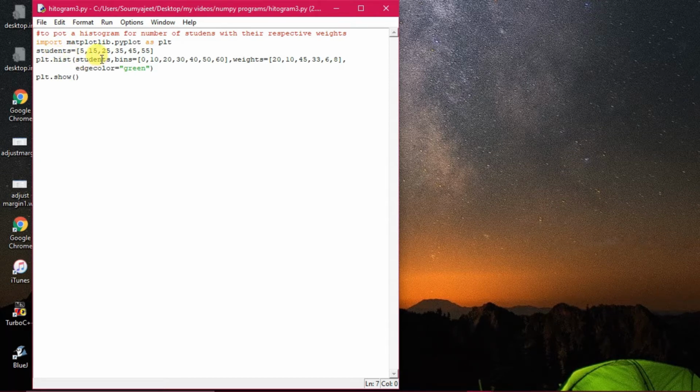is used, where the first argument is the students data, bins is the interval, weight is how many students are there in each category, and edge color is green. And plt.show, as you know, displays the chart. Now in the above program, the histogram shall display the number of students lying in the same weight range, by inputting the student data as students, and to plot this data set, we have